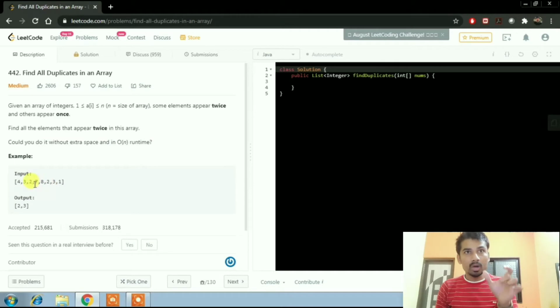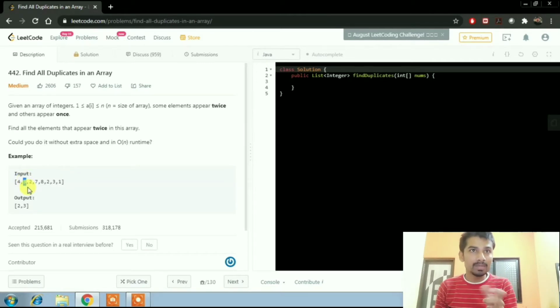After sorting the array elements, we can compare adjacent elements. How will we compare? Index i equal to 0 and index i plus 1, we compare both the elements.